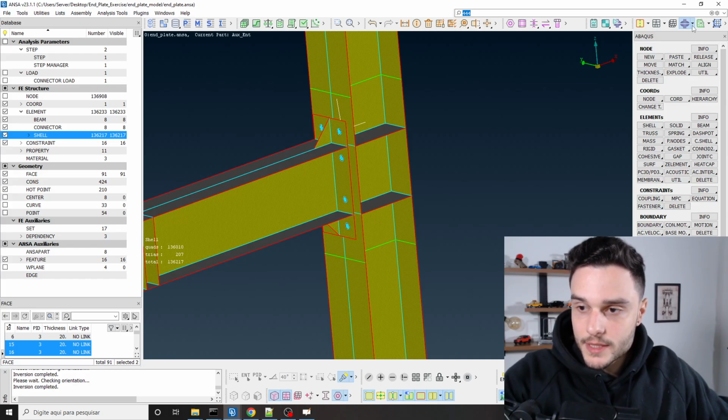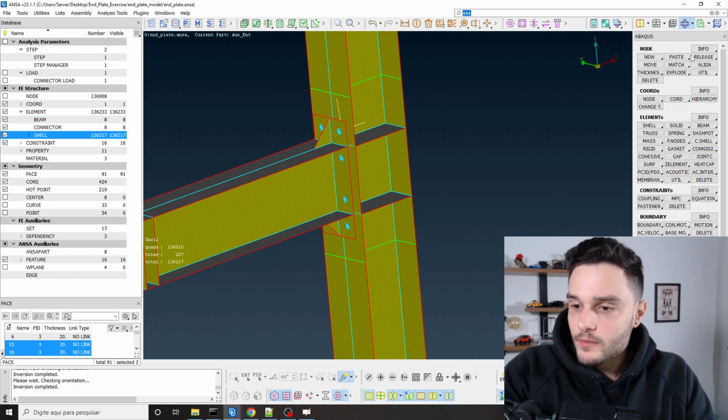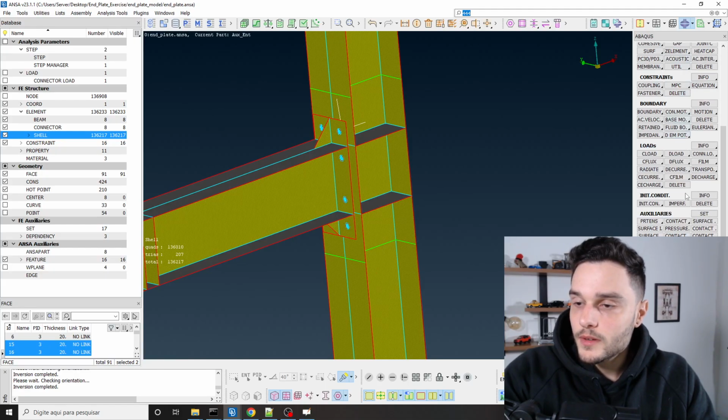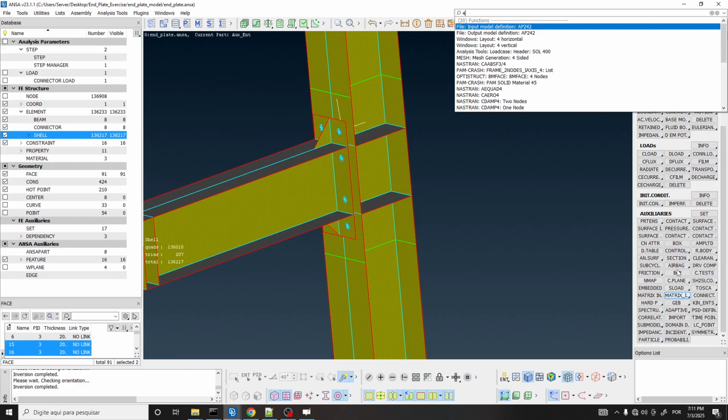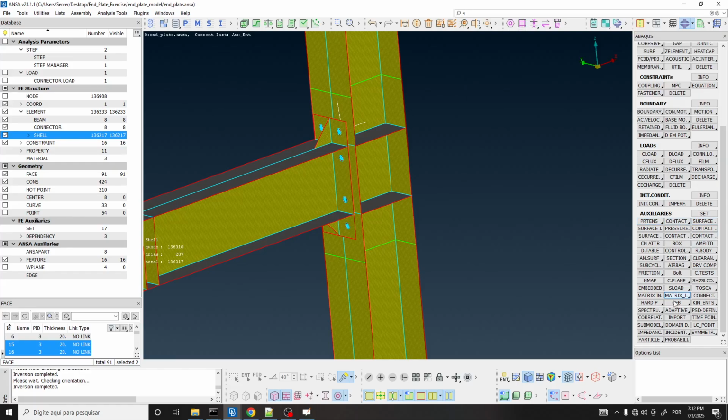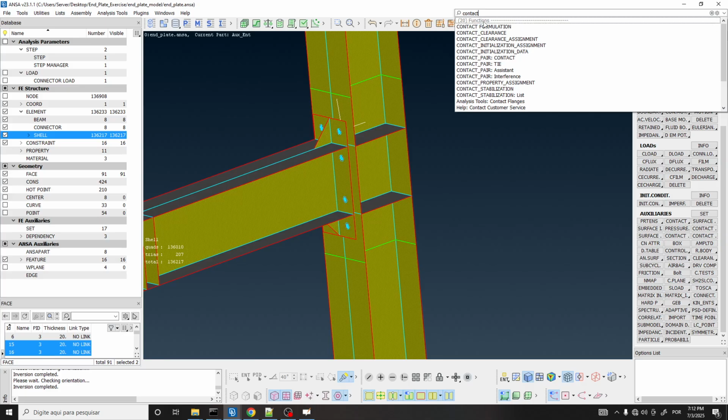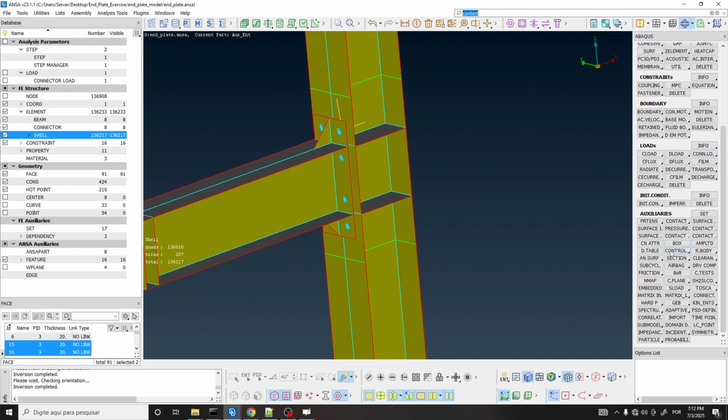So let's go to Abaqus deck and scroll down, and in the auxiliaries group there is this item here, contact. Left click and hold, and by the way, if you don't find it, again you can search it here, contact, and then it is this option here, contact pair contact. Okay, but I'm going to use this button, left click and hold, and then you see that we have this